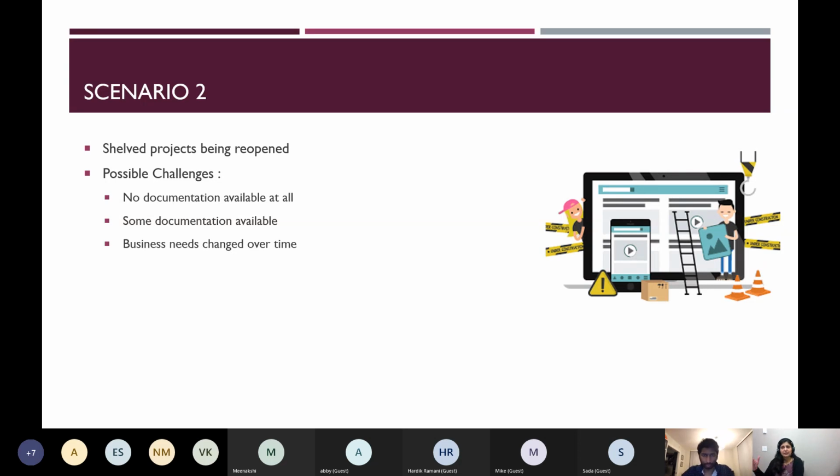And over time, let's say there's a churn in the team, so the original developers are not there, the original PM is not there, and it's really one of those projects where we do have code, we can probably figure out what it does, but we don't really have much to get going with. So the possible challenges in this scenario could be, again, no documentation or some documentation. But the other thing is that business needs may have changed over time,